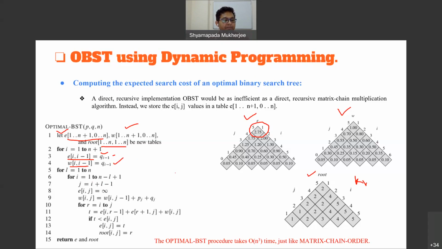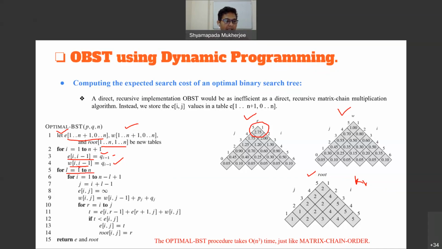Okay, and now like in matrix multiplication, we use dynamic programming by solving the smallest problem first, and then we go for the next level problem by using the solution of the previously solved problems. So we just go by the size of the subproblems, increasing one by one. This indicates the size, or the number of keys present in a subtree. So we will start with the number of keys in a subtree being 1, and then we'll increase 1, 2, 3, 4